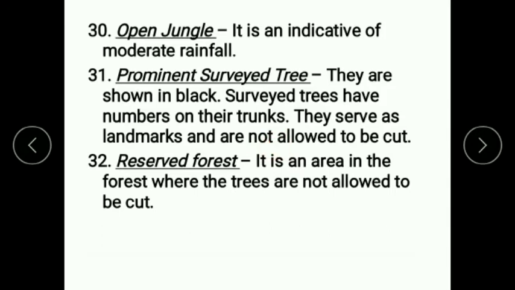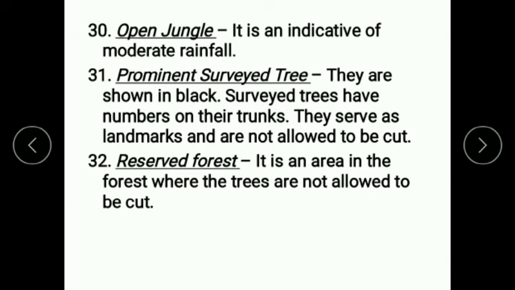The government creates a barricade around this prominent survey tree, so that the height of the other trees can also be measured from it, and it is not allowed to be cut.